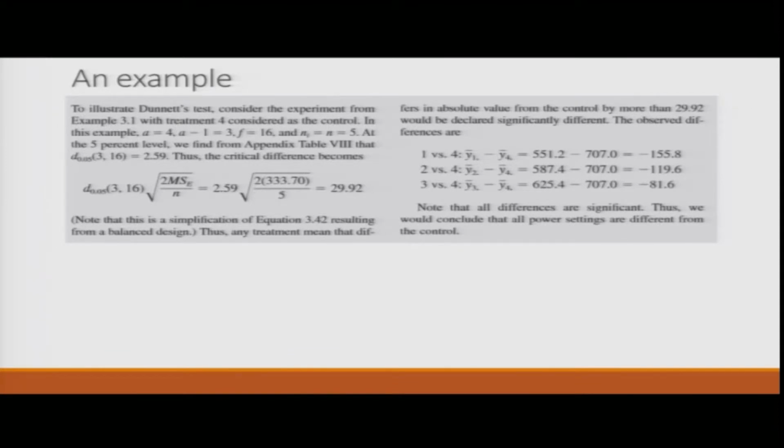So, you can basically change the controlled one, go to the first one, the control, and compare the second, third, fourth with the first one. Then you can fix the second, compare with first, third and fourth, you can do that experiment. So, you consider that if there's a workman